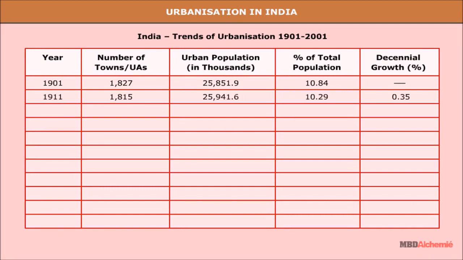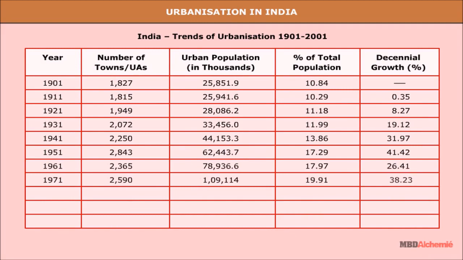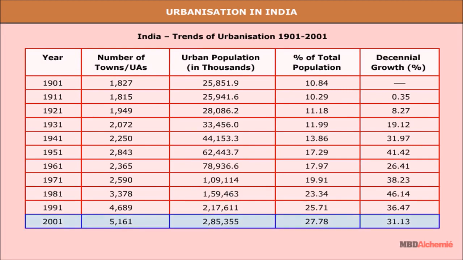Urbanization in India. The level of urbanization is measured in terms of percentage of urban population to total population. In 2001, the level of urbanization in India was 28%, which is quite low in comparison to developed countries. During the 20th century, total urban population has increased 11-fold. Enlargement of urban centers and emergence of new towns have played a significant role in the growth of urbanization and urban population in the country. The growth rate of urbanization has slowed down during the last 2 decades.